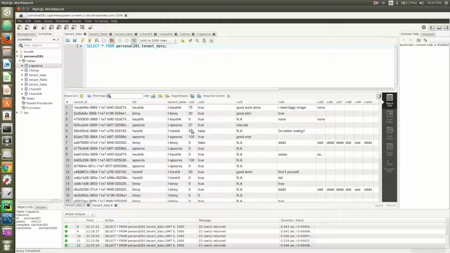I gave 87 to Harshit, "do better coding." This is a previous comment, so good one. This was given to Apurva. So as you can see, all the data is being received by these tables, whatever the data being provided